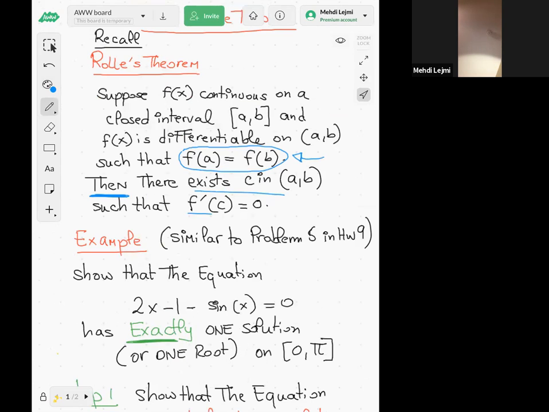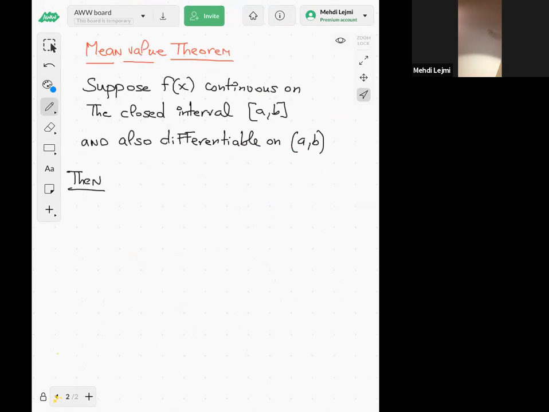Now, in this mean value theorem, we remove the hypothesis that f of a is equal to f of b. Okay, so in this mean value theorem, all you need is f of x to be continuous and differentiable. So we remove the hypothesis that f of a is equal to f of b. Then the conclusion is that there exists